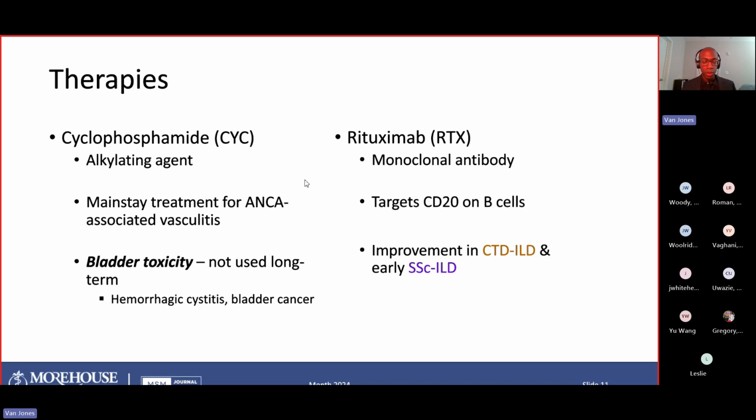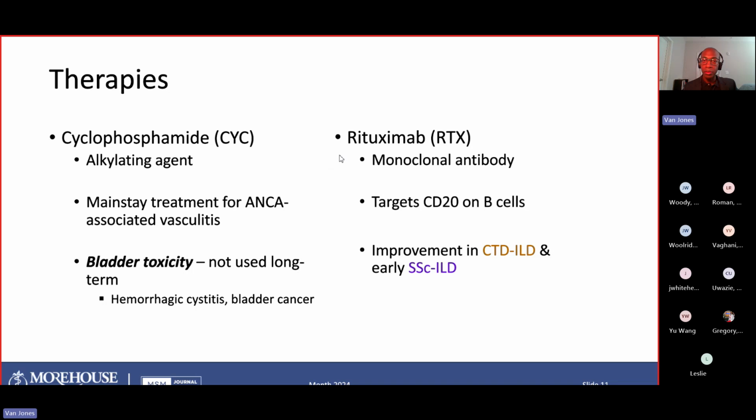The big dangerous thing about this one is it is known for its bladder toxicity. It can metabolize into an agent that can cause irritation of the bladder mucosa, ultimately leading to a hemorrhagic cystitis or even a squamous cell carcinoma of the bladder. As such, it is not used for long-term treatment. It is used with a lot of saline, and it has to be administered with an agent called Mesna, which pretty much disrupts how that agent interferes with the mucosa.